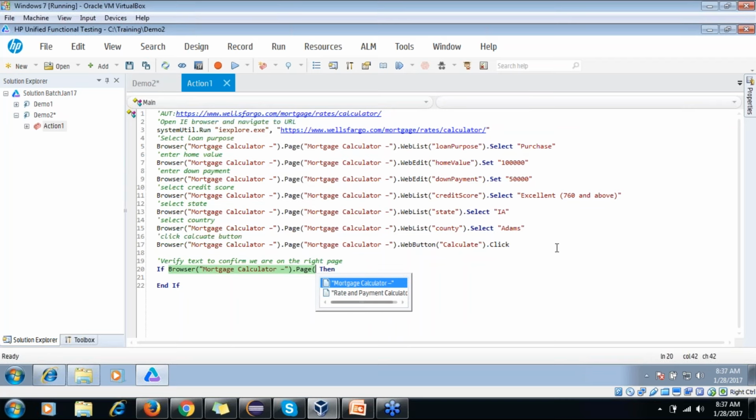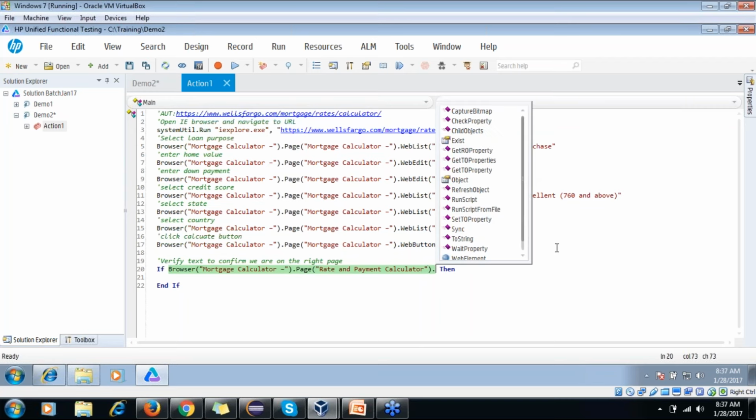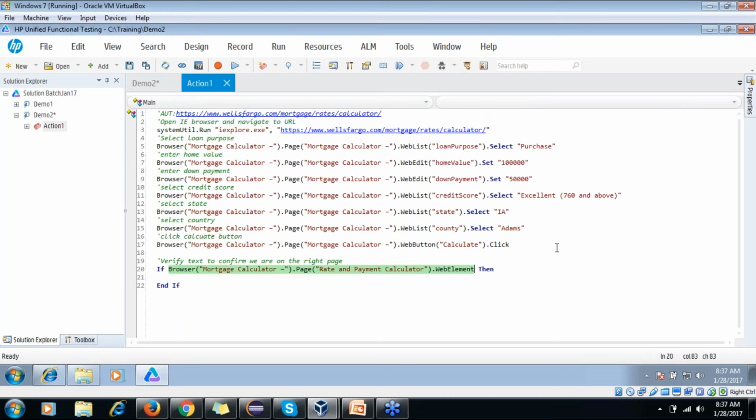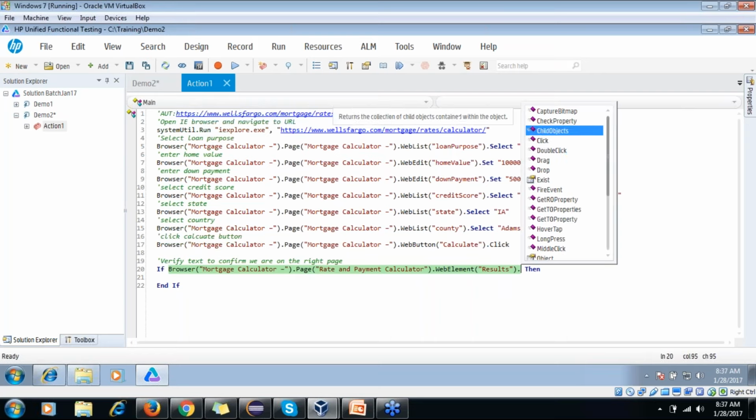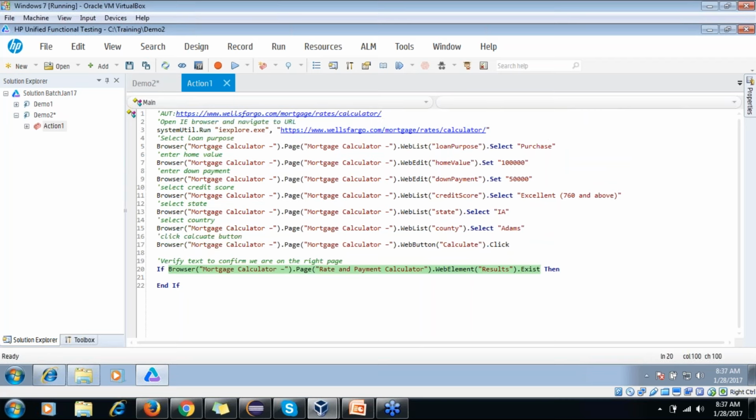Earlier one was where we were entering values, and the second one is where we navigated after clicking calculate. So add this page, and then we have the web element, right? And we have results dot exist. What does this exist tell us, what does it do?